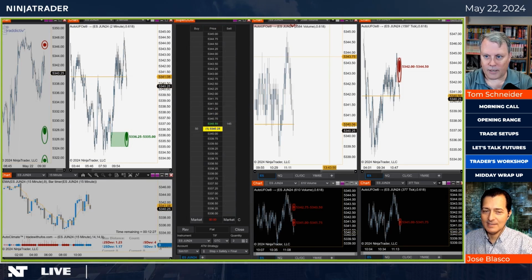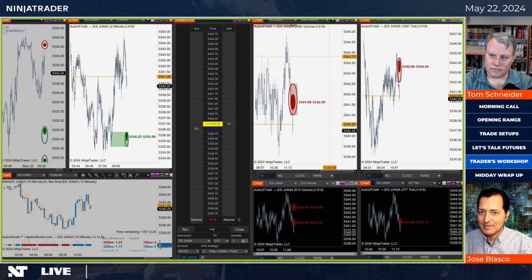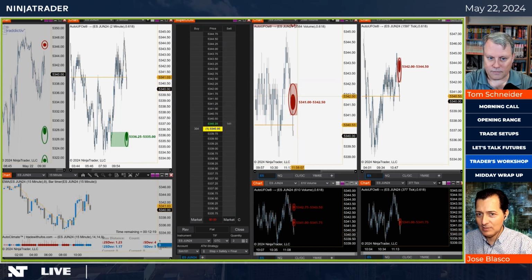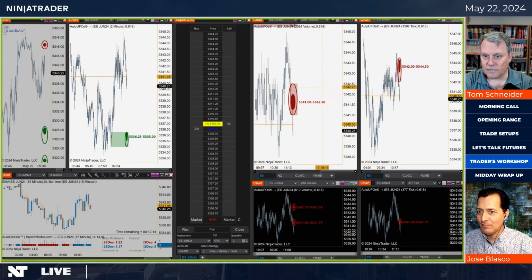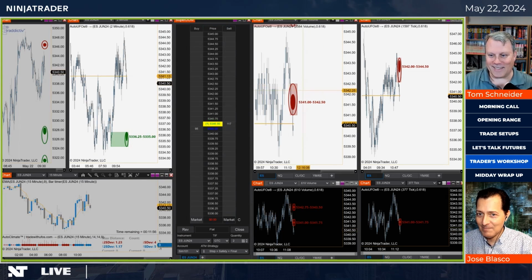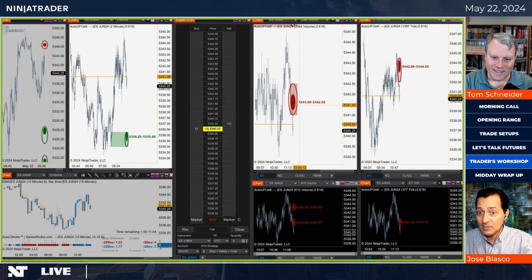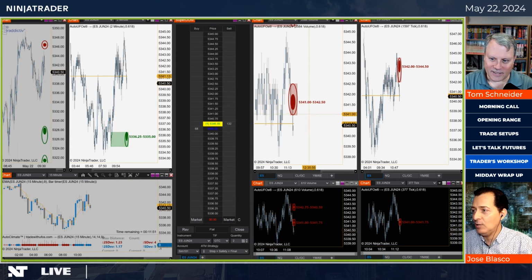Correct. Yeah, it's all about being adaptable, managing your risk. We can see here some red UFO that just appeared that was not here before. So that was the point. I mean, if the green unfilled orders are gone, there is only one reason why buy unfilled orders are gone. It's either because they are canceled or because they are filled. And to fill buy orders, you need sell orders. And if many sell orders came in, which is the reason why you got no more buy orders, guess what? Change of climate may take place, and red UFOs may show up on your screen, which is great because it gives you the opportunity to plan trades on the opposite direction.